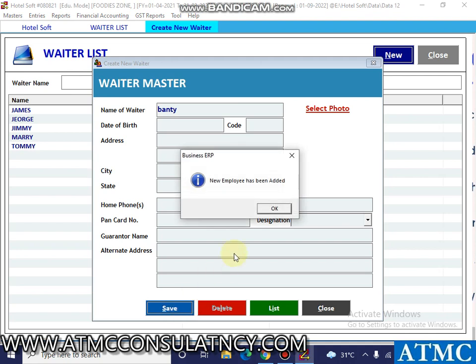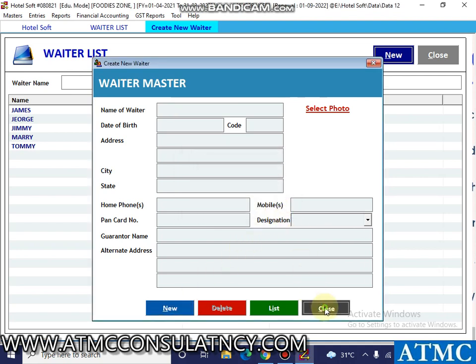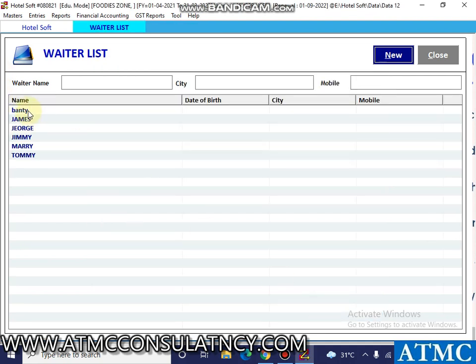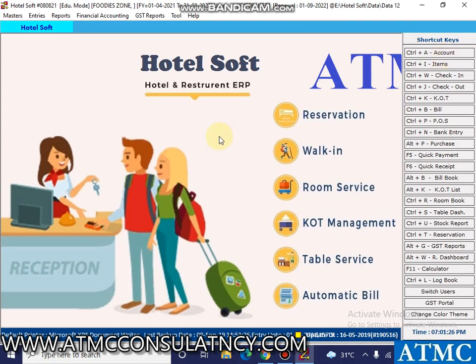Click upon save, and the waiter list will be updated. So I added Bunty, and here it is showing. This is how you can add the waiters.